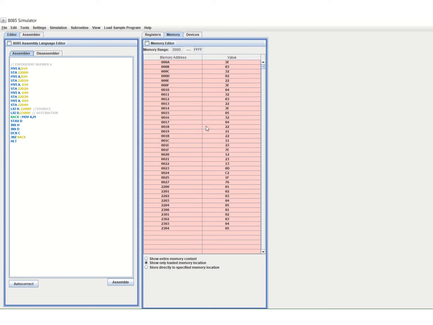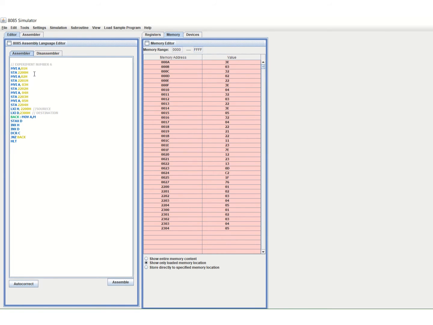Here I am giving you a demo of experiment number 6, the block data transfer from the source memory location to the destination memory location. I have used a different code from the one given in the presentation. You may try the code given in my PowerPoint presentation. Here I am following a different technique: I am simply involving accumulator A everywhere.